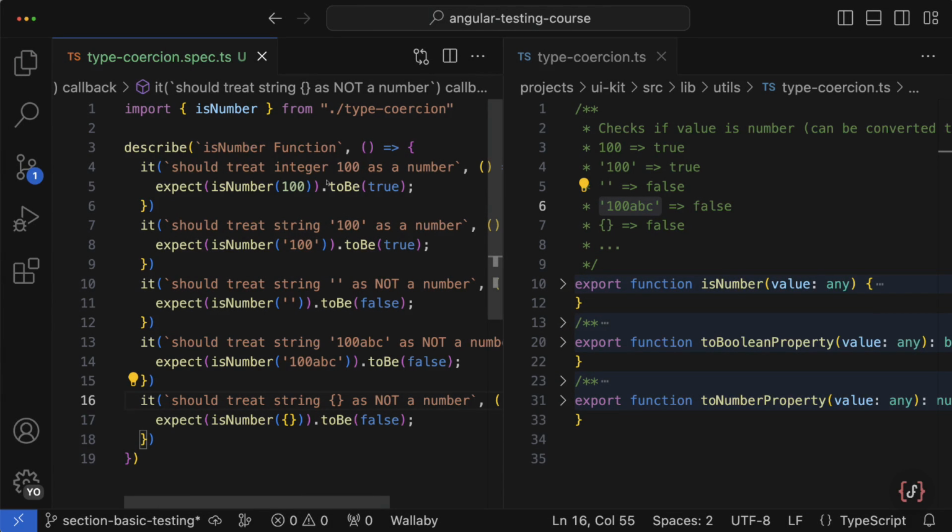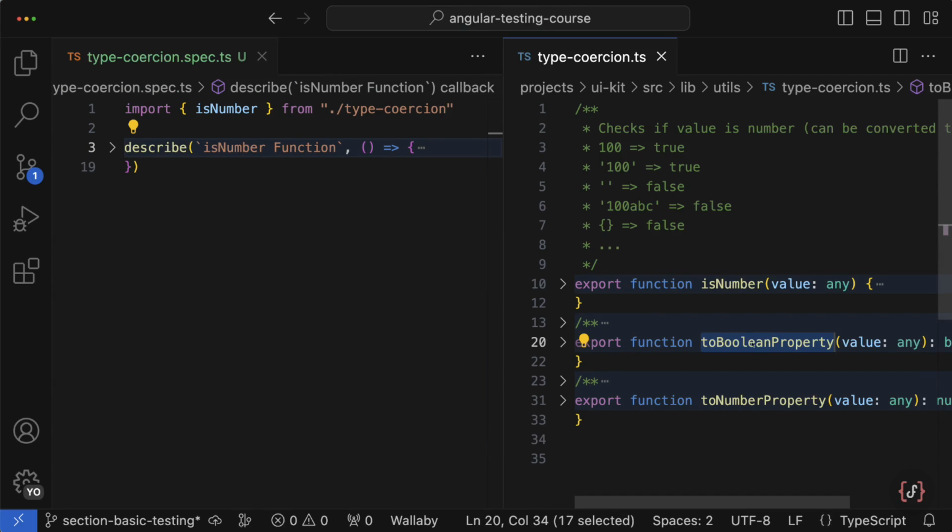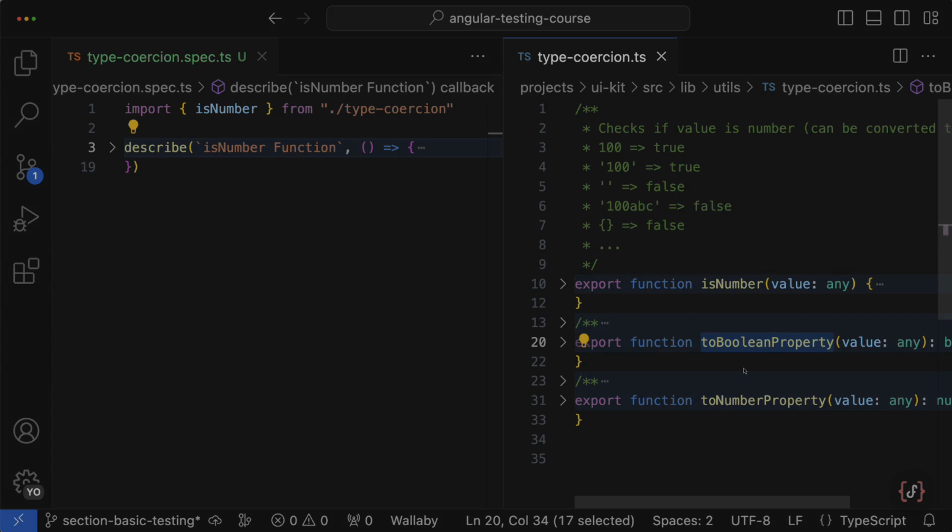All right, so I'm back and we can proceed and create a new test suite and group of unit tests that will be testing this toBoolean property function. For that,